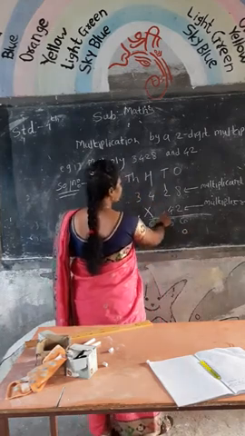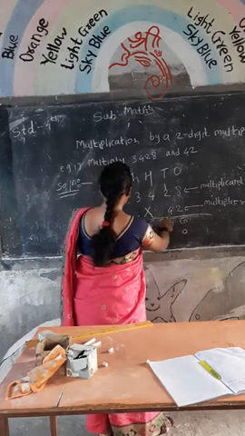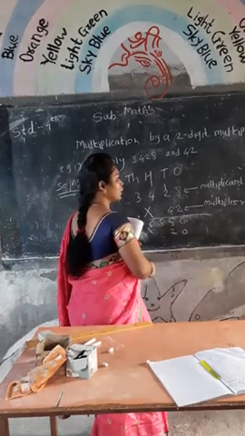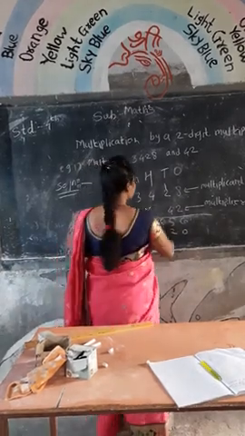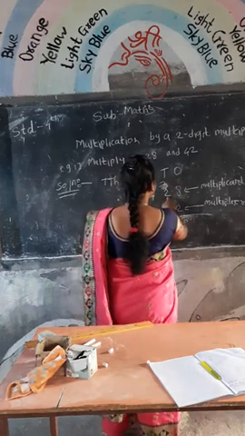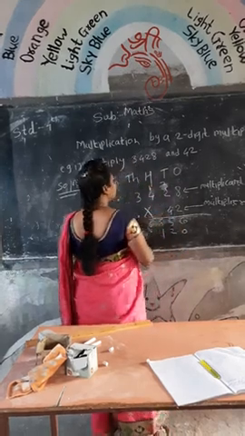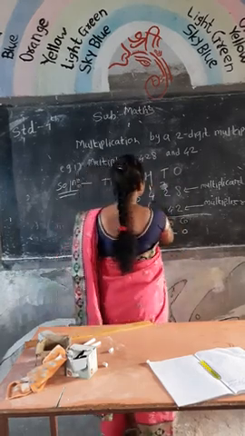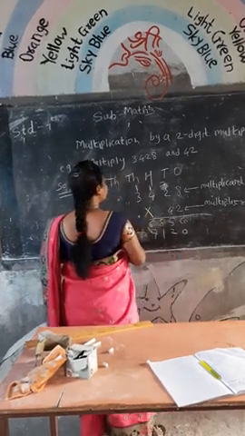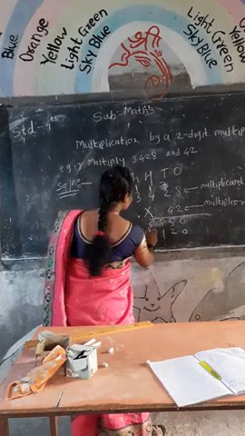Next we multiply by 4. 4 eights are 32. Carry 3 to the tens place. 4 twos are 8. 8 plus 3 is 11. Again carry 1 to the hundreds place. 4 fours are 16. 16 plus 1 is 17. Again carry 1 to the thousands place. 4 threes are 12. 12 plus 1 is 13.